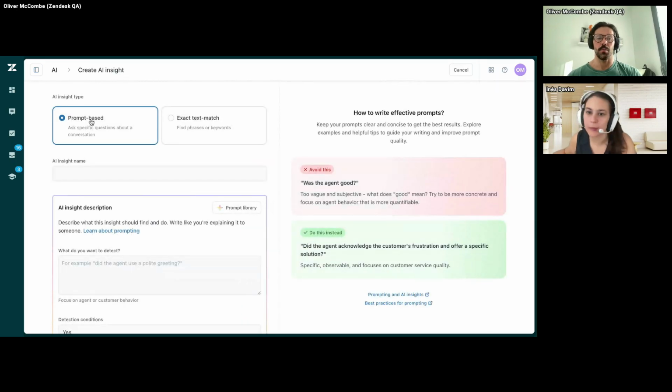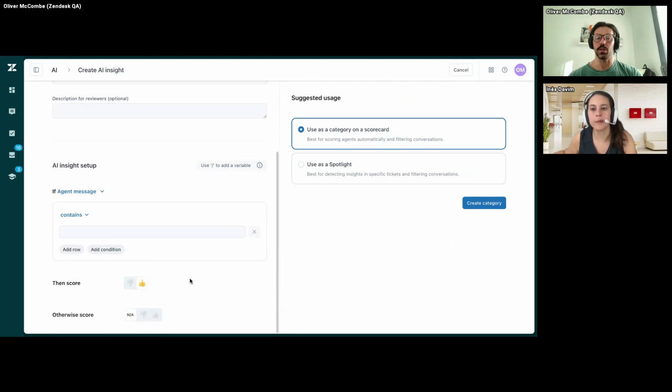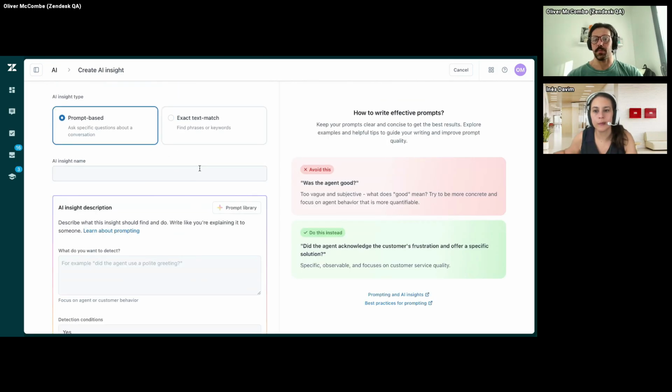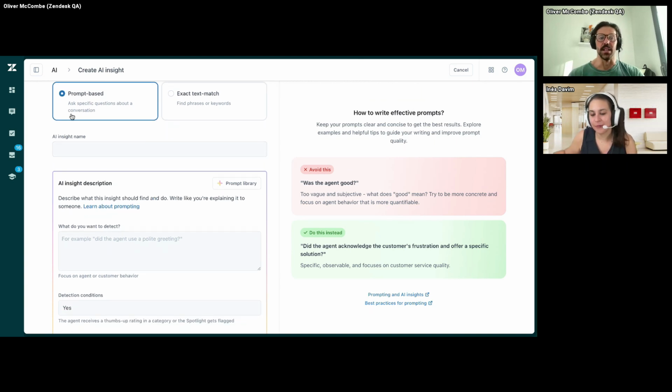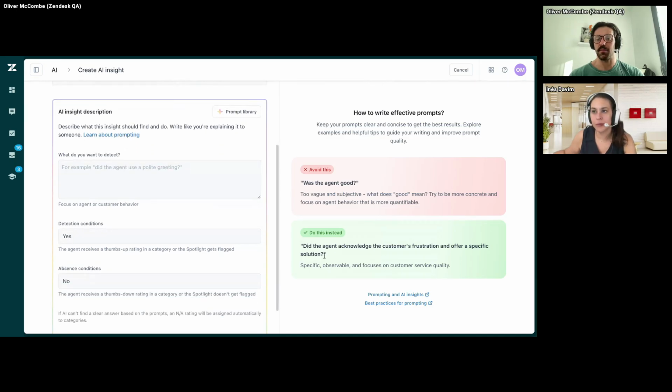And you will find either prompt-based or exact text match. Exact text match, as we said, is for just those words or phrases we're looking to find within messages. And prompt-based is the cutting edge. I'm hesitant to say bleeding edge, but the cutting edge of AI for QA. You're able to either write a name and prompt yourself entirely, or leverage the prompt library. And of course, there are conditions for learning about prompting and for best practices, trying to give as much content and